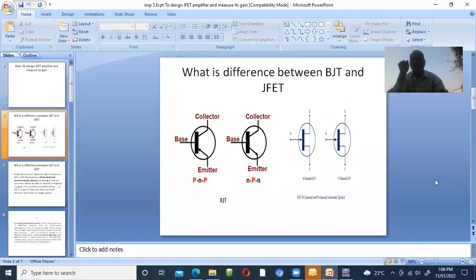We just discussed the NPN type of transistor. If it has a larger number of electrons, it has less input impedance. Less input impedance indicates that if any noise comes with the input, it is easily attached to the input. But in the case of the junction field effect transistor, JFET, it has high input impedance.